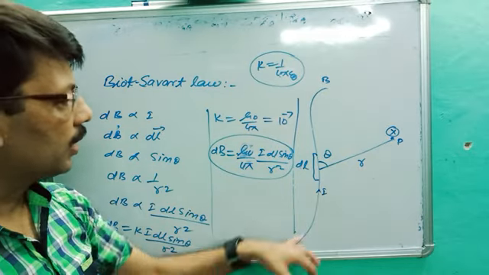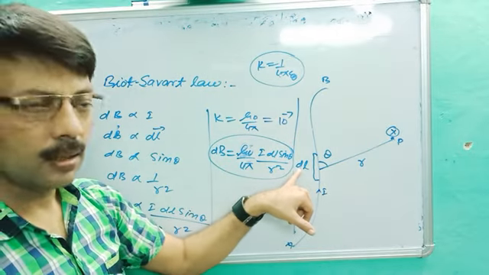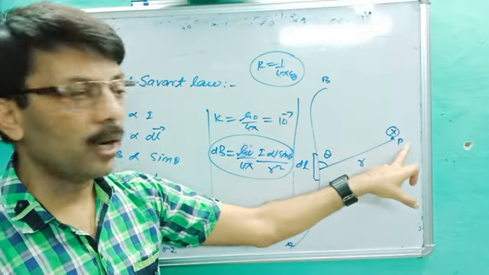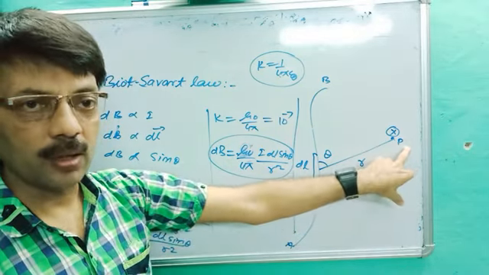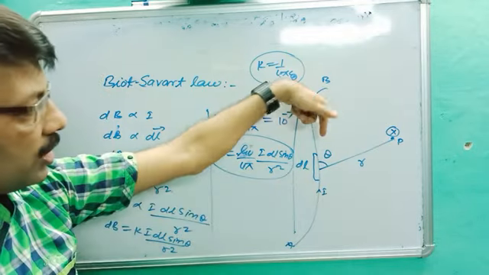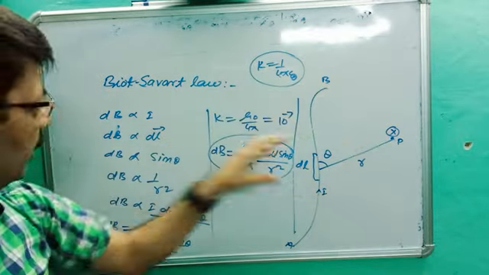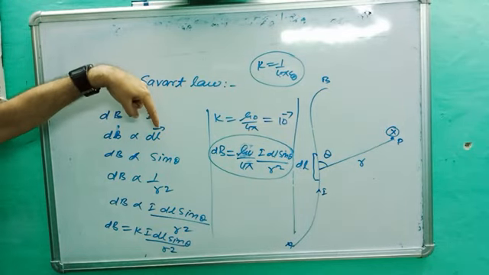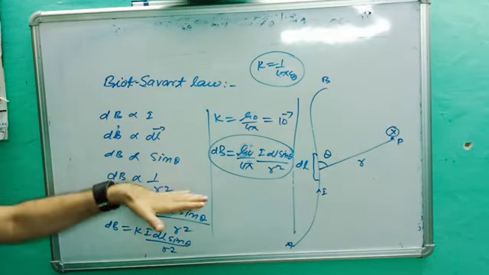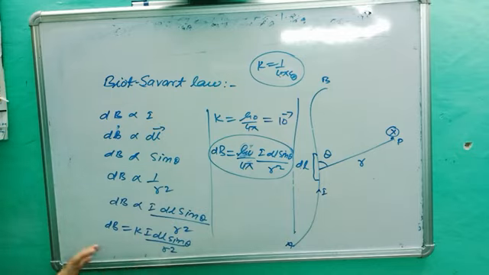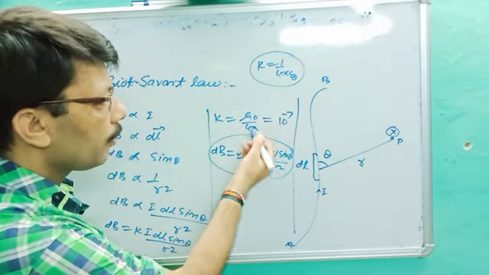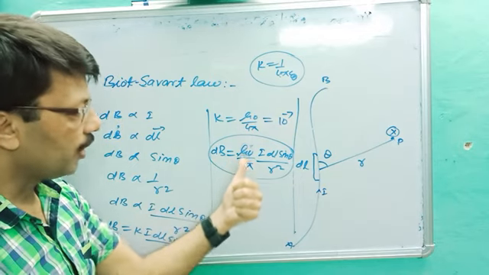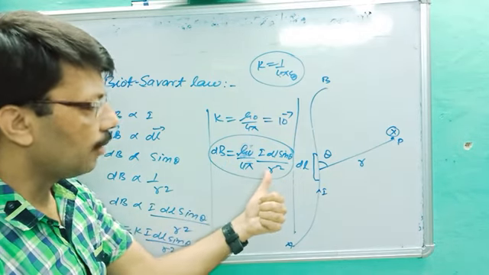Once again, when current I is drawn through the current element DL of an irregular wire, at R distance from any point, a point is P, at which we are trying to find the magnetic field. Since the wire is irregular, it is maintaining angle theta. So the magnetic field dB will depend on 4 factors: I proportional, dl proportional, sin theta proportional, and R square inversely proportional. If we combine them, with magnetic constant mu naught upon 4 pi equal to 10 power minus 7, we get dB is equal to mu naught upon 4 pi I dl sin theta upon R square.